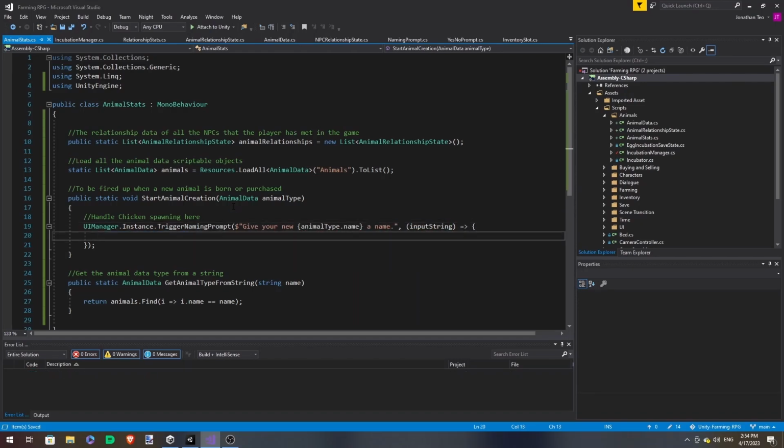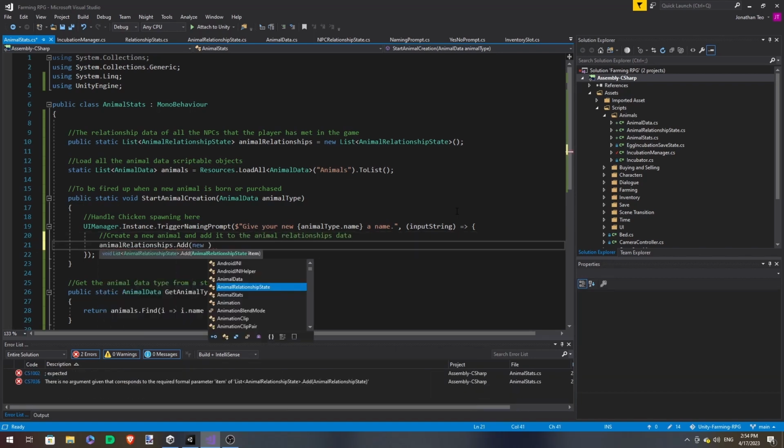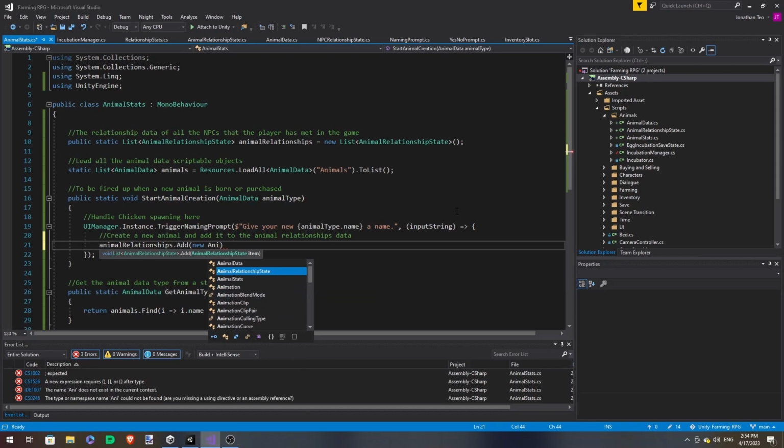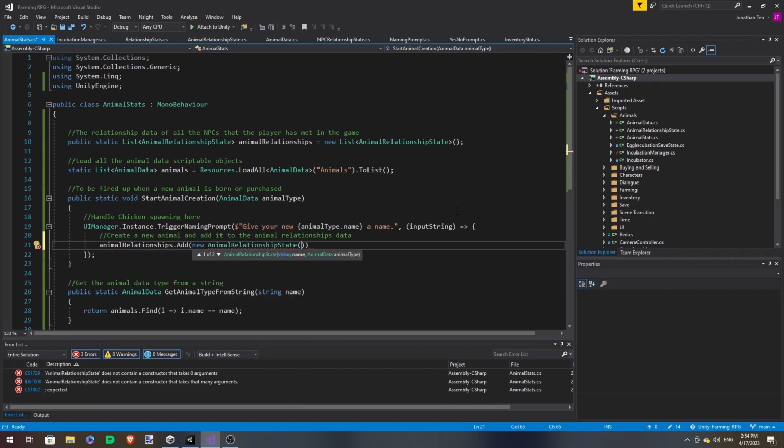And now we'll need the function to initialize the animal. Once we settle on a name, it's going to create a new animal relationship state, taking in the name just from the input string.